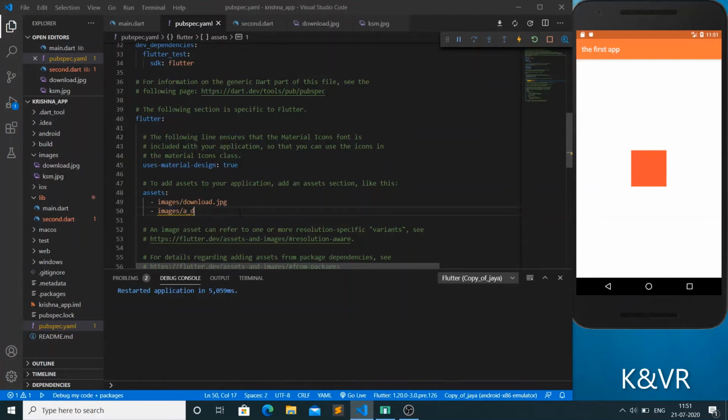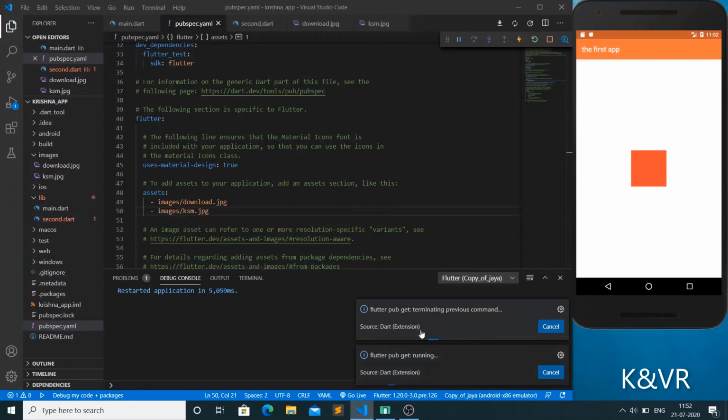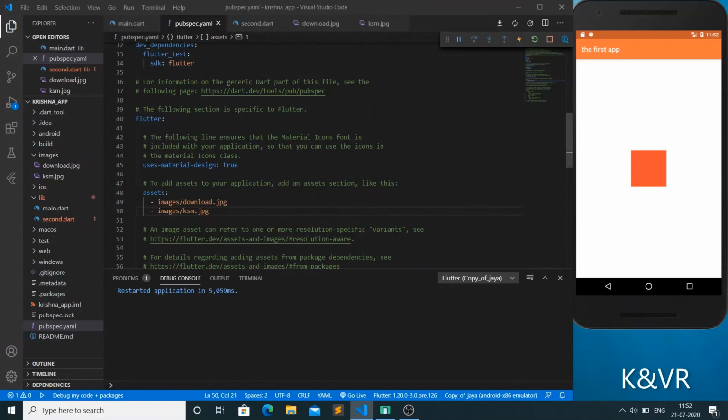Just rename it. From that images folder we are taking this image, like that, jpg. After renaming this, see, Get Packages will be there. Just click on it. It will get the packages from the images folder. After this completes, it will come to zero. After completing Get Packages, we come to the coding section.